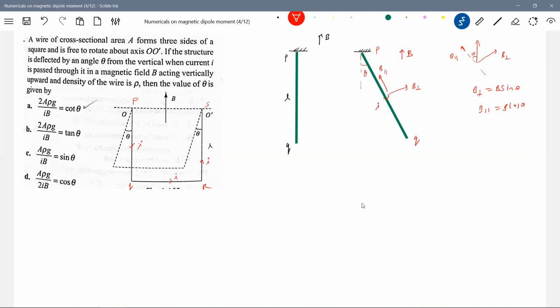Hope everyone is able to understand. I don't have many directions here. The force will act perpendicular to the rod PQ, out of the plane of the paper, according to the given diagram. So I'll show that force in this direction. There's no other way; you have to fight with the diagram here. Similarly, the force acting on the rod